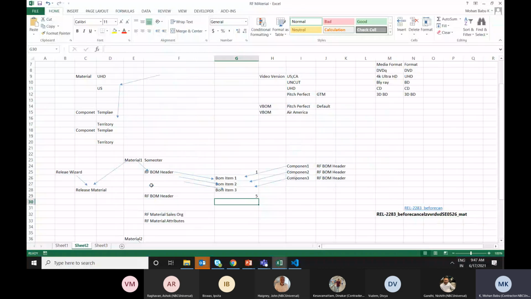We have seen all the logics, like while creating from the standalone, and from the wizard, how we create the video versions, VBOMs, BOM headers and BOM items. Separately, we have seen the submission of materials, and the submission of video versions. Now we'll look at how submit all for approval works.